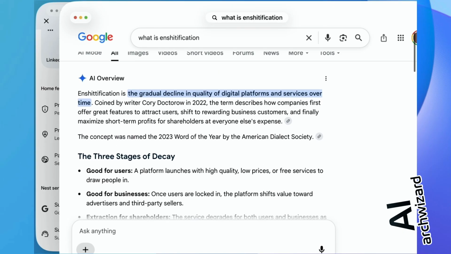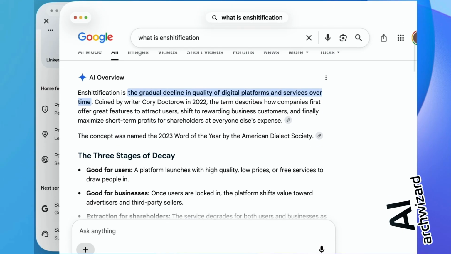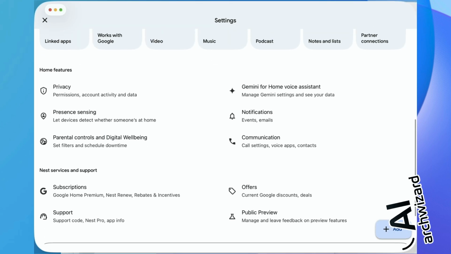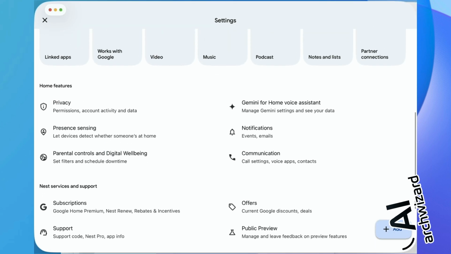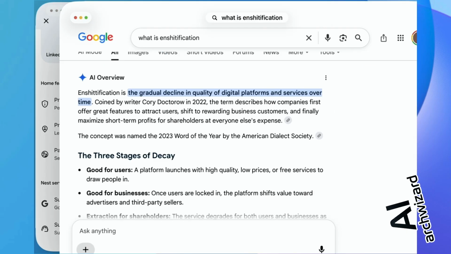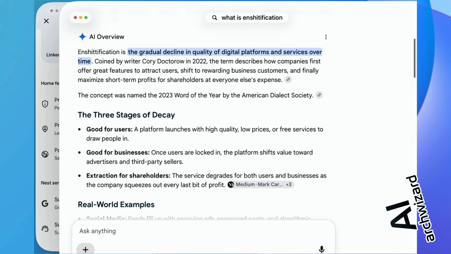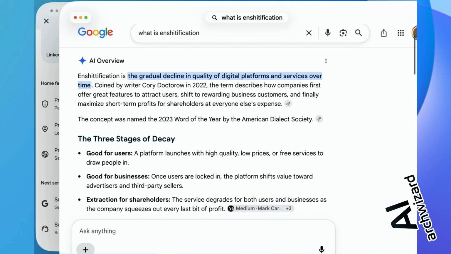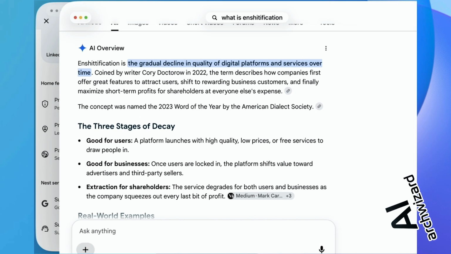So how does this apply? It applies because Google has activated, or made it easy to activate, Google Gemini for Google Home, probably to extract value for shareholders, because shareholders want to see profit from investments in AI data centers, in AI infrastructure.